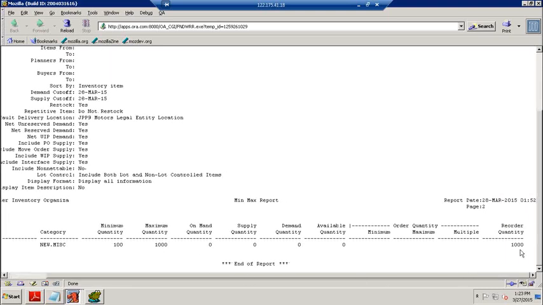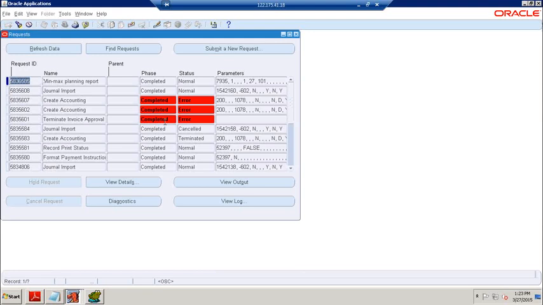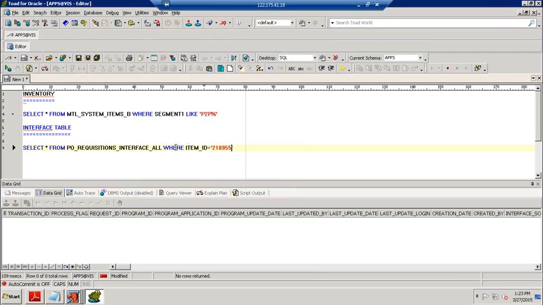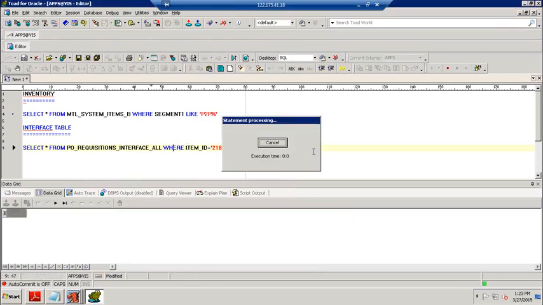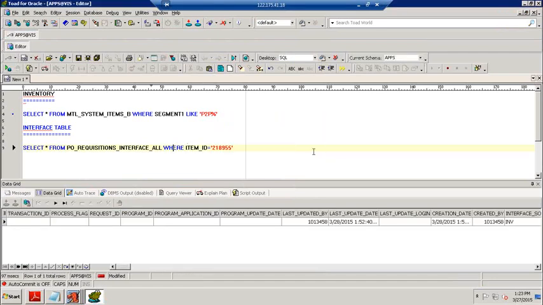The reorder quantity is 1000. That is the reason I told you. If there is a shortage of 70 items, then how much are we going to book? 1000 only. It is always going to book the maximum quantity, meaning the reorder quantity is 1000 only. Okay, so now let us check it in the interface table. So data is created, right? We can go and check it in our interface table. We can execute the same query. It will show us some data.